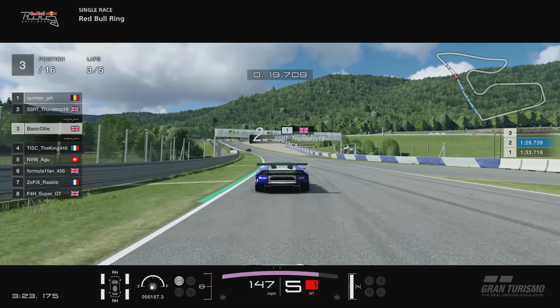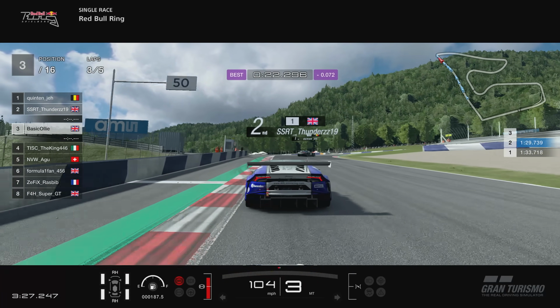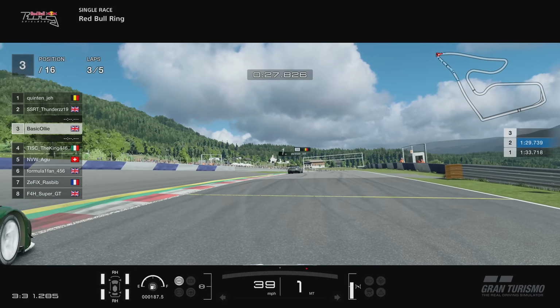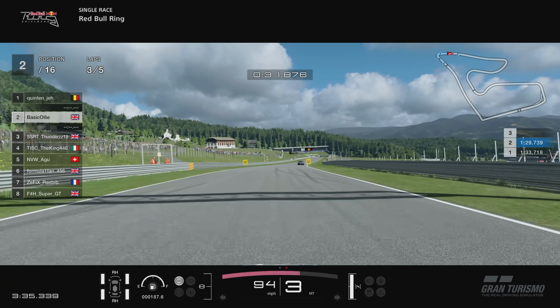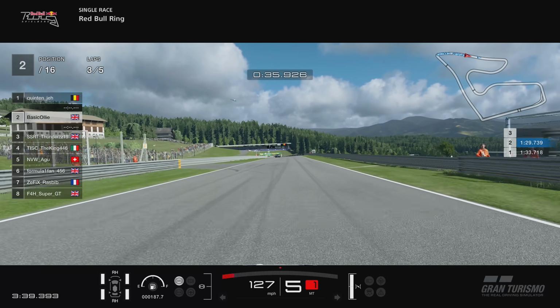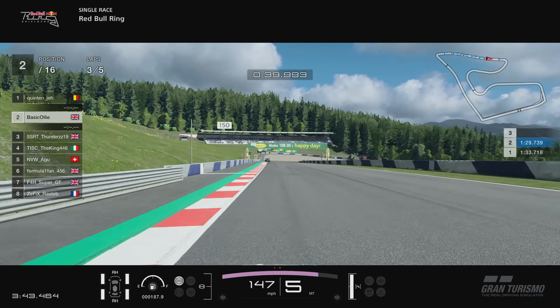But anyways, look at the slipstream here. Look how much of an advantage we're getting on Thunders here. So we're going to brake. I was thinking of a move up the inside, but it just couldn't quite do it. Now Thunders is a little bit late on the brakes. He sees me coming up the inside, decides to back out of it, and lets me move up into P2, which is absolutely awesome. So even in this absolutely stacked lobby, your boy right now qualified P3 in our Hyundai